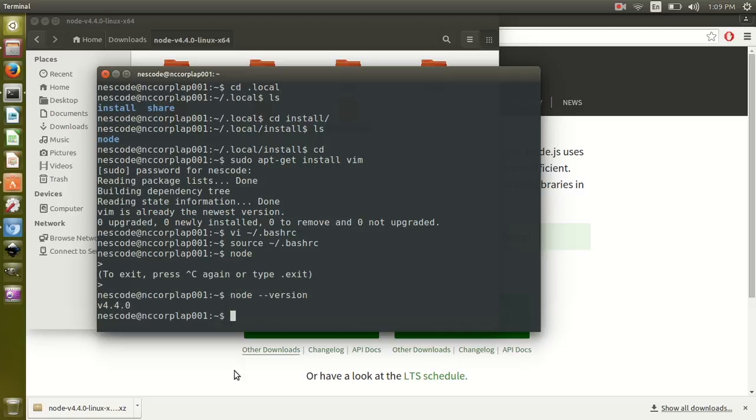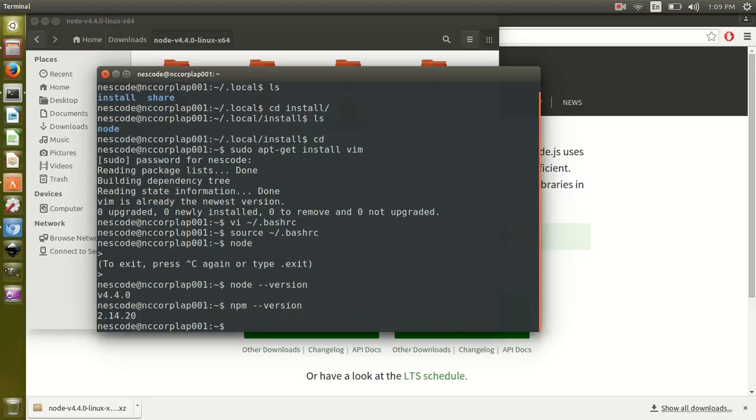This is the latest version which I have on my machine, and you can check the npm version also. This is npm version 2.14.20, and npm gets installed automatically on Ubuntu as well as Linux. So you don't have to install npm separately. This is how you can install Node and npm on an Ubuntu machine, and the same process goes with